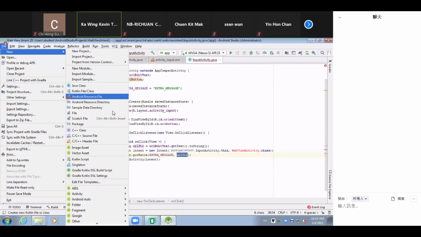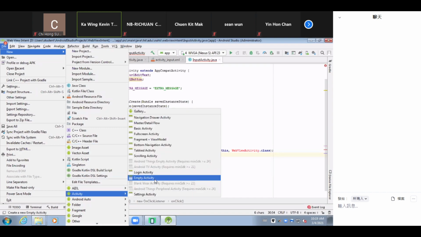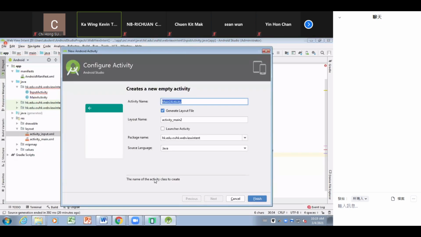Follow the same approach: new file, new activity, and then empty activity. 咁我哋去到第三個，開一個新嘅 activity program，好似之前咁樣。File, new, activity, empty activity，跟住撳落去，俾個名佢，config by default 就得㗎啦。Same as previously, we do not have to